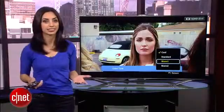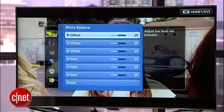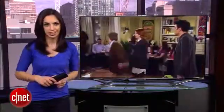If your TV has a setting like white balance, you can have much more control over color temperature, but that's almost impossible to adjust by eye. Once you've gone through these settings, you should find yourself watching a much more accurate picture. And while an expert might not call it perfect, all that really matters is that the picture looks good to